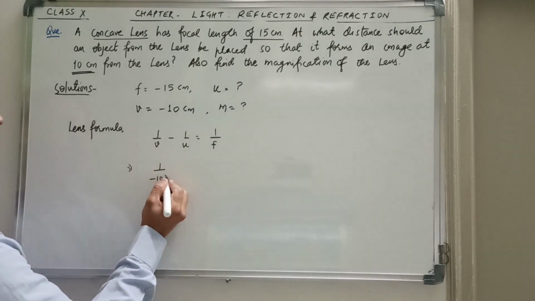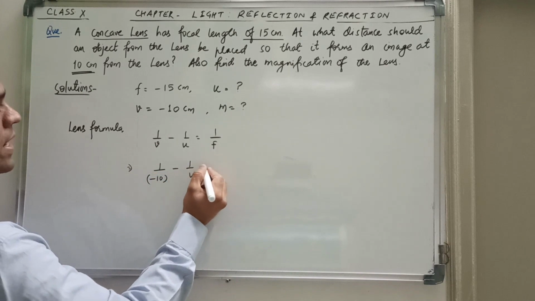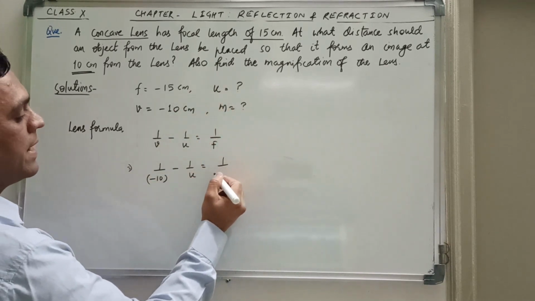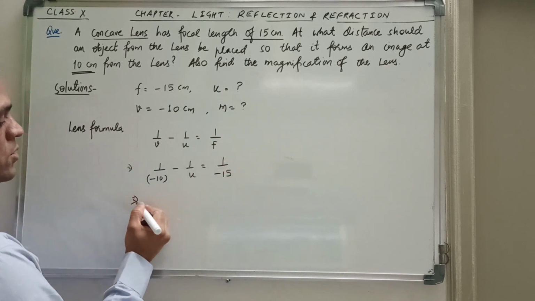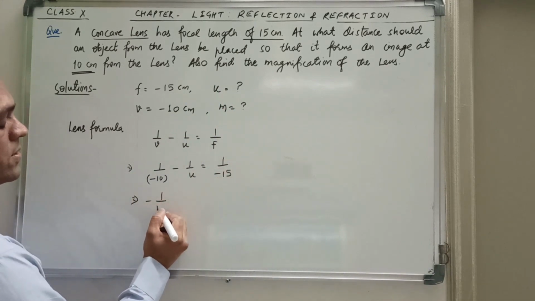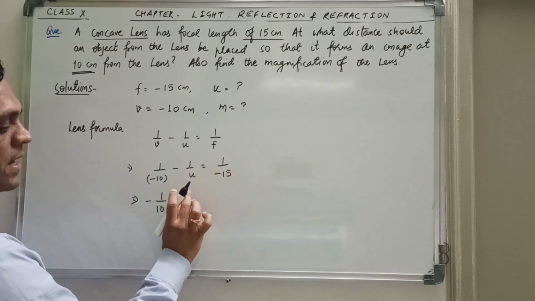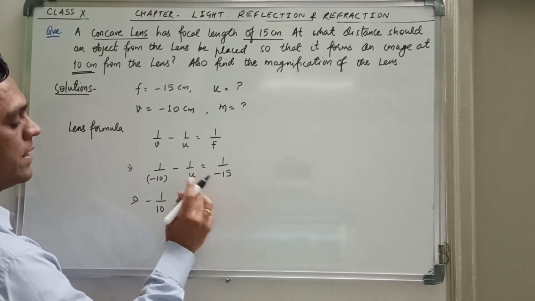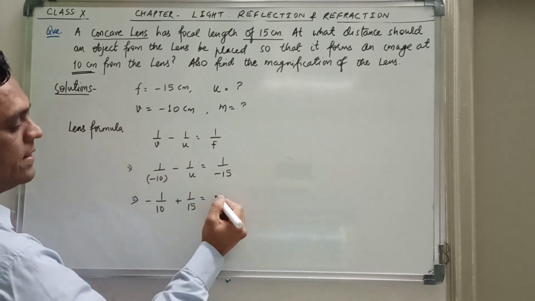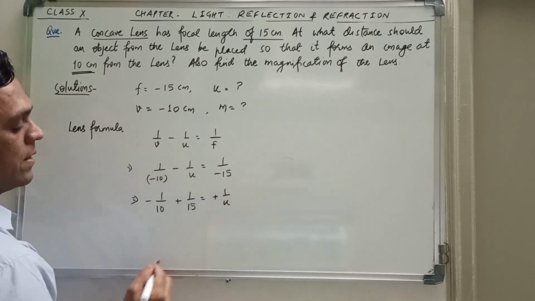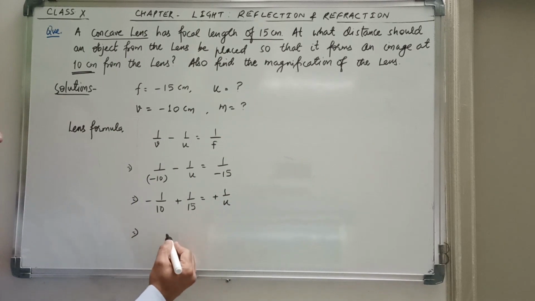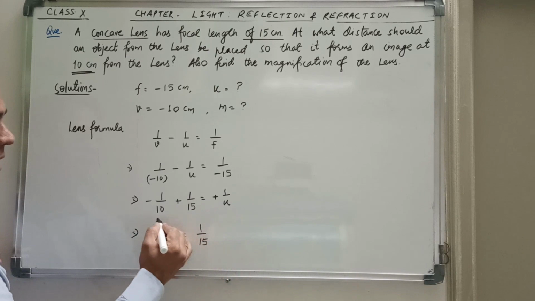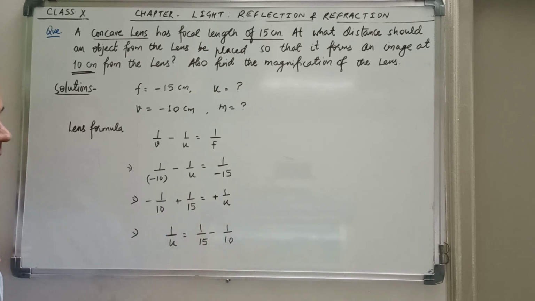Okay, so let us put the values. V is minus 10 this time. 1 upon u, that will remain as it is because we have to find out this. F is minus 15 now, correct? So we can transpose this now. Minus 1 upon 10, 15 can be transposed to this side. So this becomes positive. So it's 1 upon 15, and 1 upon u when goes to that side, ये हो जाएगा प्लस, तो प्लस 1 upon. So मैं इसको रिवर्स करके लिख देता हूँ. 1 upon u is equal to 1 upon 15. प्लस है तो पहले लिख दिया, माइनस को यहाँ लिख देता हूँ, करेक्ट.